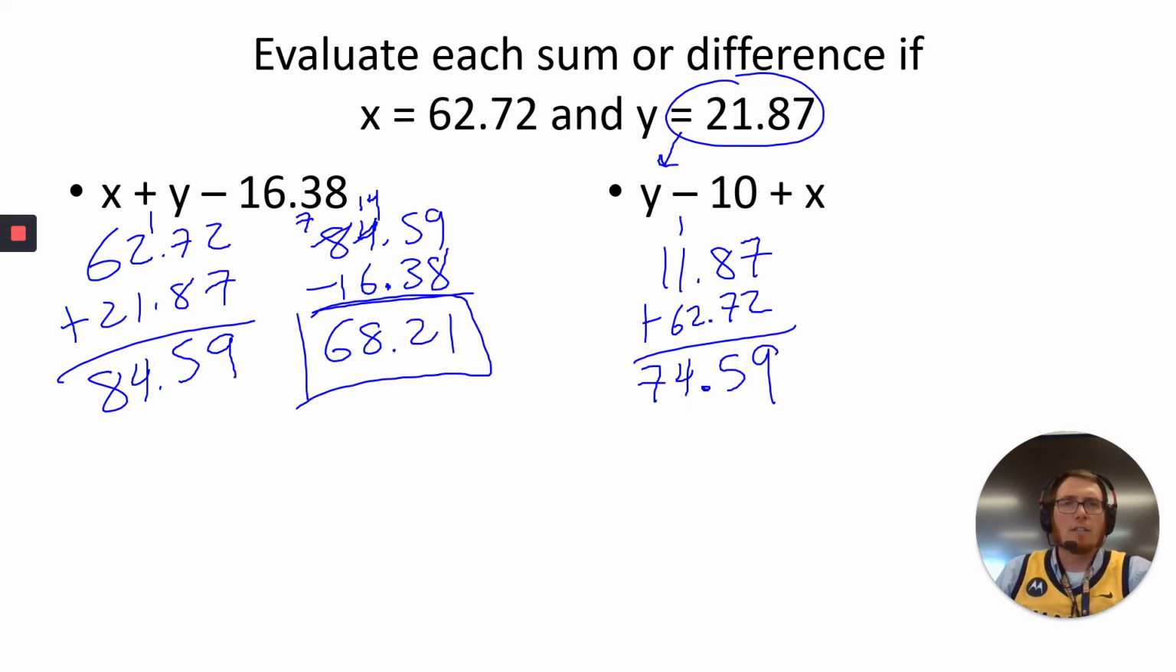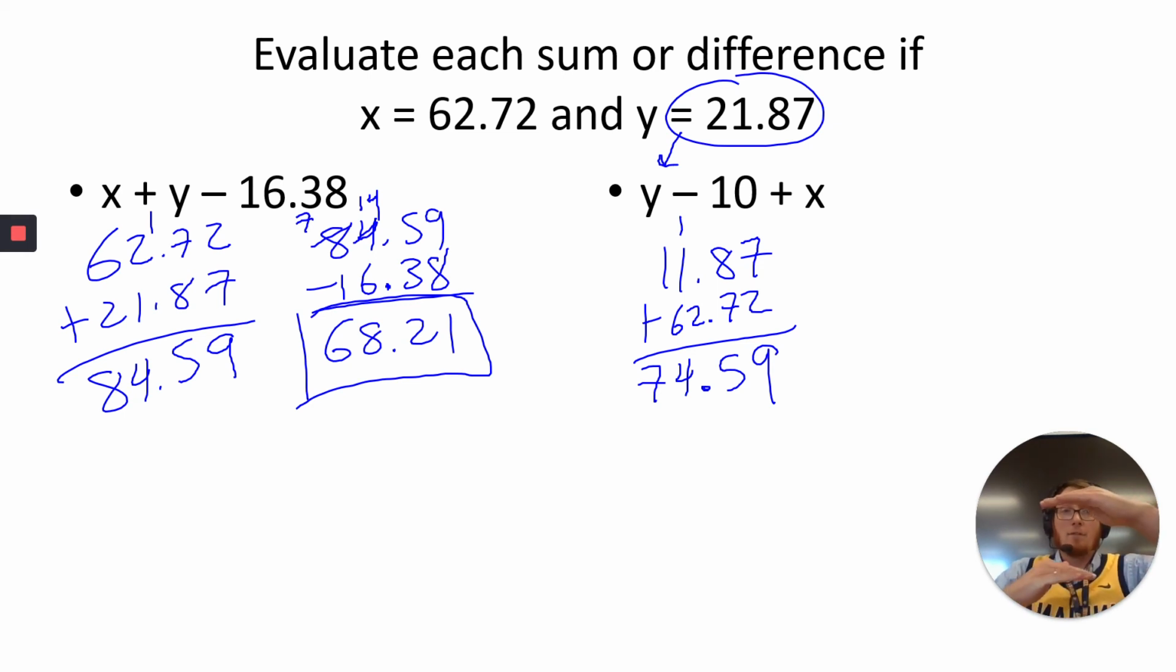For the second version of the question, the y minus 10 plus x, the mistake is, what do you think people try to do? They try to take 10 plus x first. That's the mistake. You got to make sure you go left to right because adding and subtraction, one's not more important than the other, it's just which one comes first. So you got to take y minus 10. Now, I think you could get away with finding the answer without showing work on y minus 10. Okay, so 21.87 minus 10 should be 11.87. No problem. And then plus the